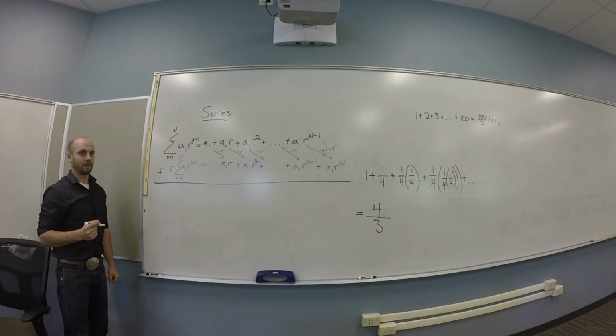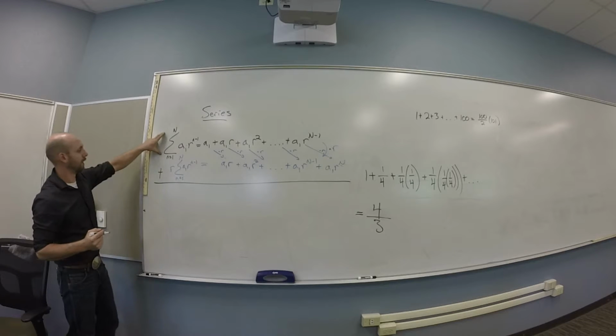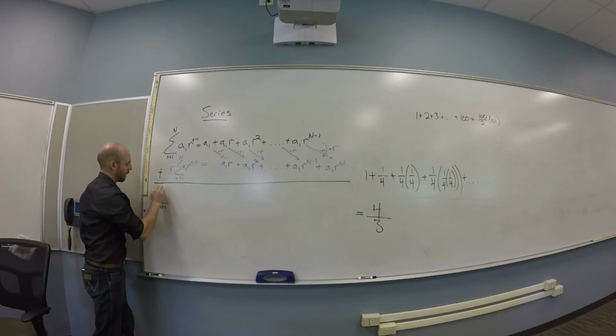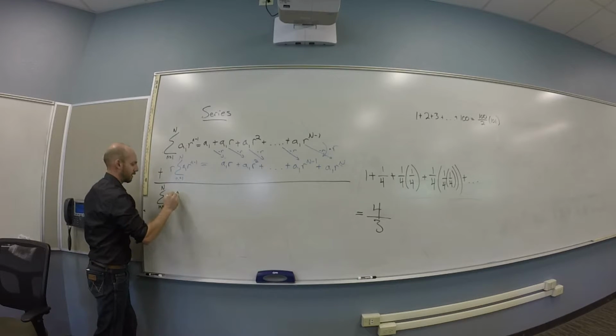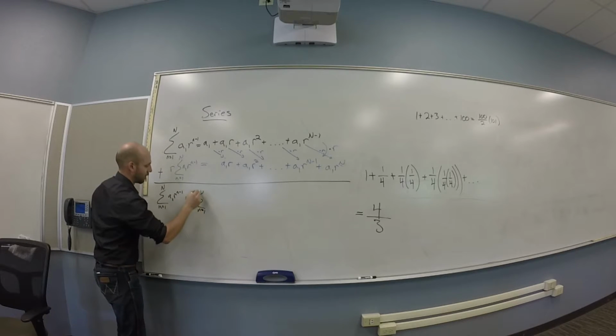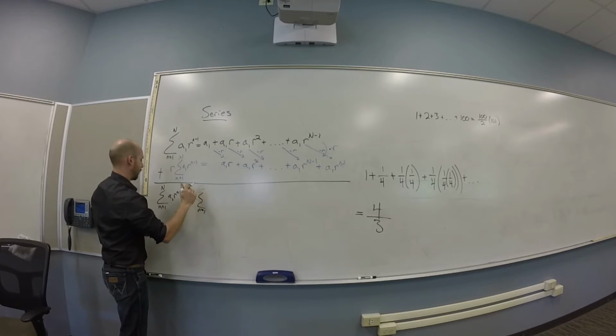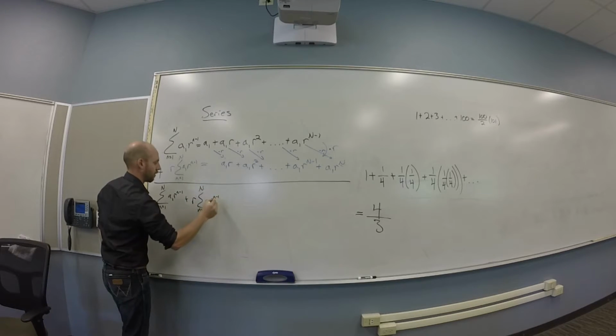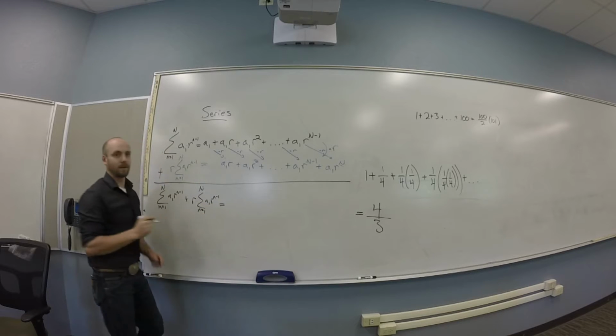So over here, I'm going to get that sum from n is 1 to capital N of a1 r to the n minus 1, and then plus the exact same thing. Oops, not infinity. Capital N, a1 r to the n minus 1. And that's going to equal,